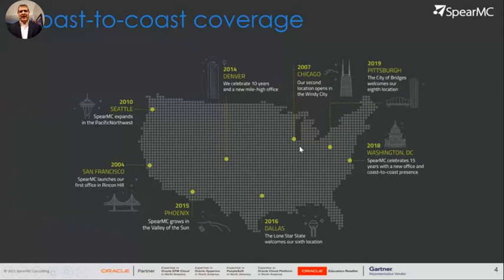And Chicago, which is where I'm from, was our second office. And that's where the founder, Marcus Bodie, and I, along with several other managing directors at SpearMC, worked together in a dream that we would one day become audit partners at KPMG. Happily, I'm here to say we saw the light, and here we are at SpearMC, continuing to thrive in the